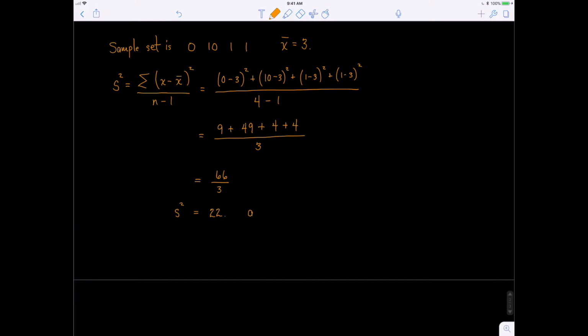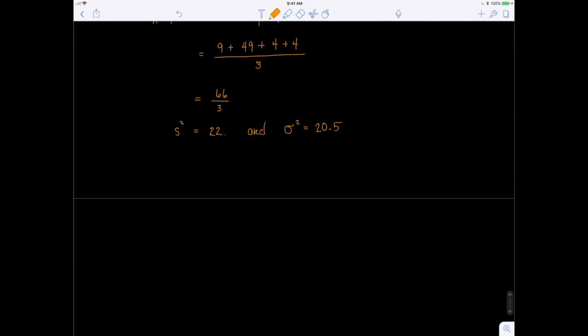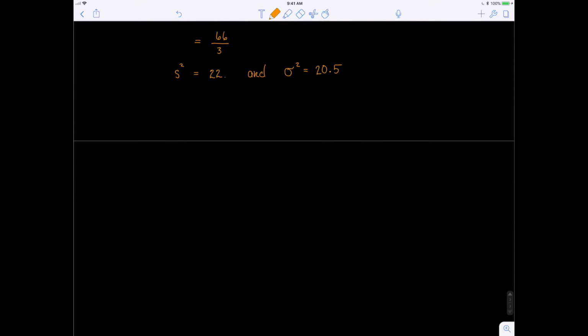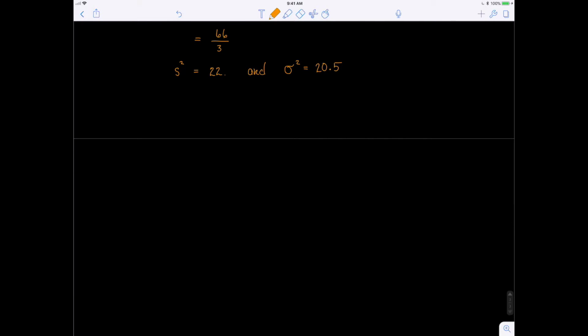Now let's compare this. From up above, our sigma squared was 20.5. What happens then is that the sample variance in this case is actually a little bit bigger than sigma squared. And that's okay. It just makes our calculations a little bit more conservative. It makes a safe calculation. But let's examine